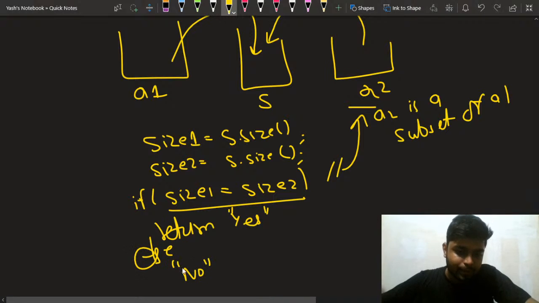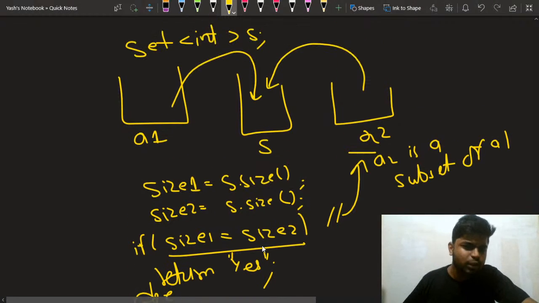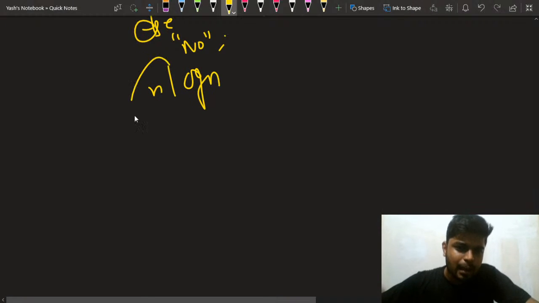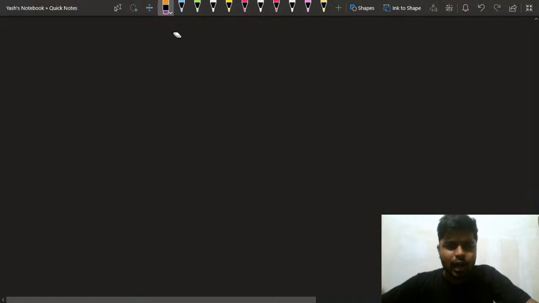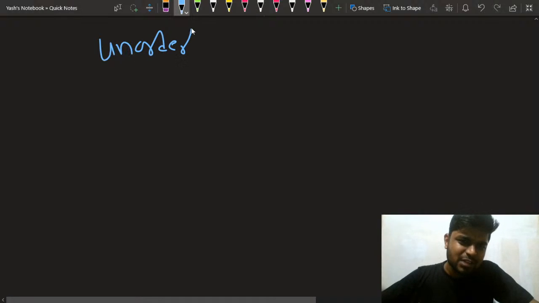Yes, Shruti. Okay, perfect that you understood. This is an approach. This approach will take something close to log n time, but still I wanted to discuss this because I thought it was pretty important. Now coming to the hash map part, in C++ or in Java you can declare a map,